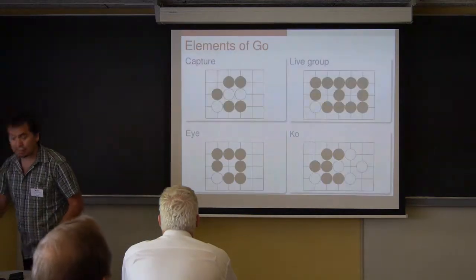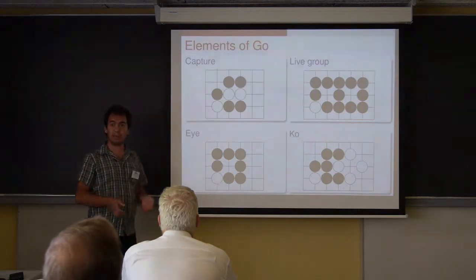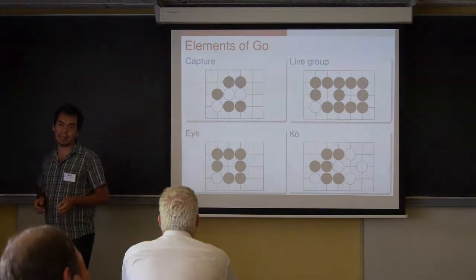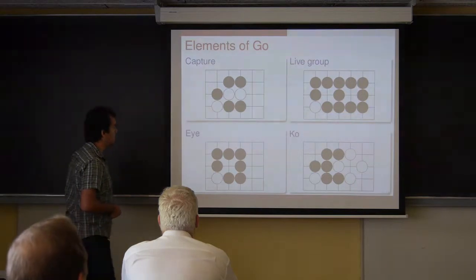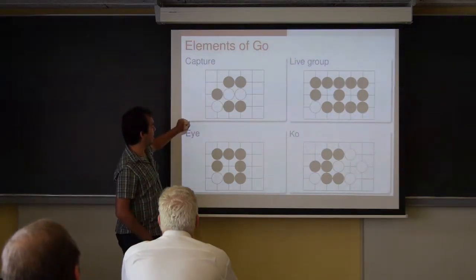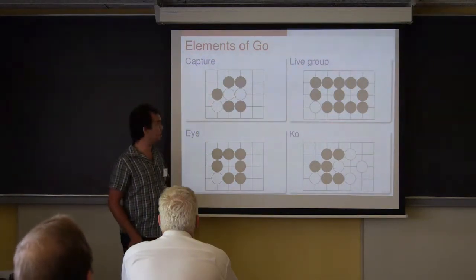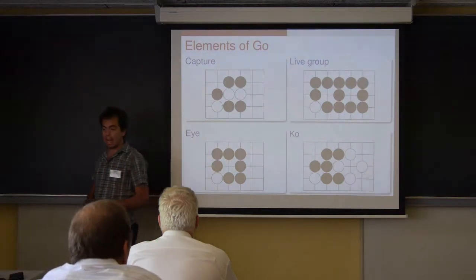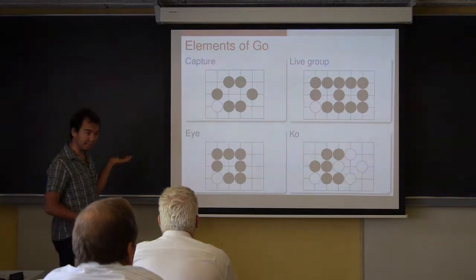So I'm assuming all of you know the game of Go, and I'm also assuming that most of you are quite familiar with the rules, but just to highlight the main elements of the game, you can have captures. So you form groups, and groups have liberties, which are empty intersections around them. So this white group has only one empty intersection around it, and if the black player plays a stone here, the white group disappears. This is a capture.